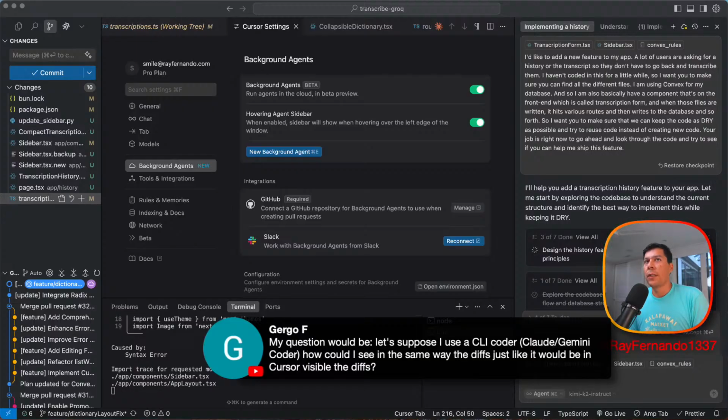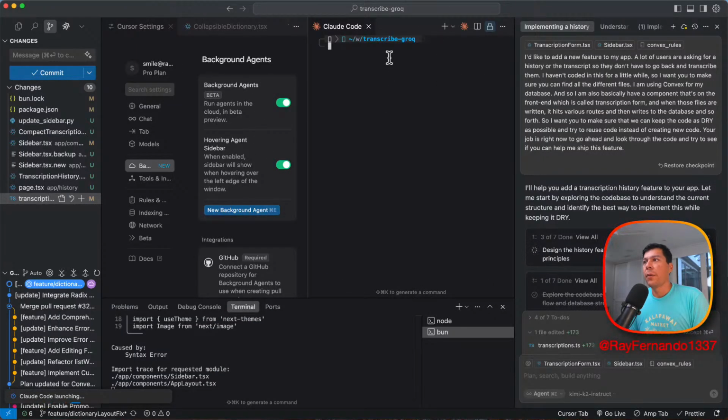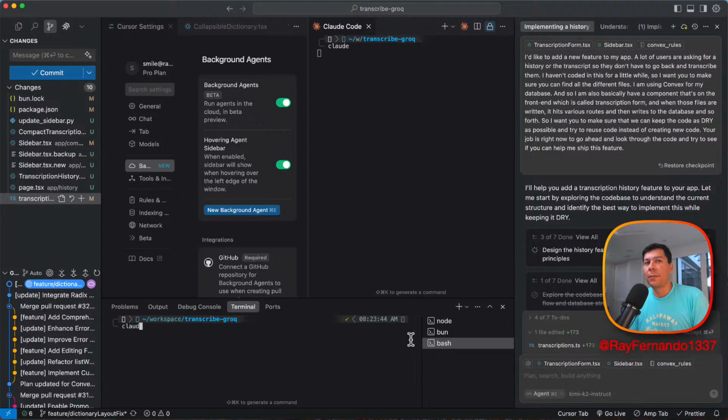Whenever you're working with Claude Code, for example here, you can actually click, it says run Claude Code inside of the IDE, or you can run it in the terminal. And for some reason, my Claude Code is not really loading up. Let me see if I can do this here. Claude.